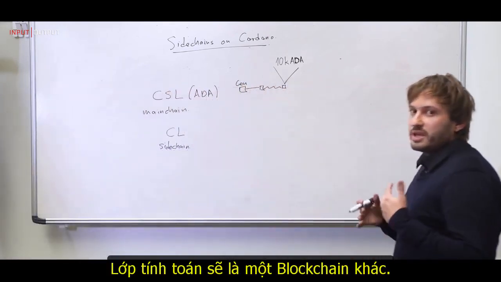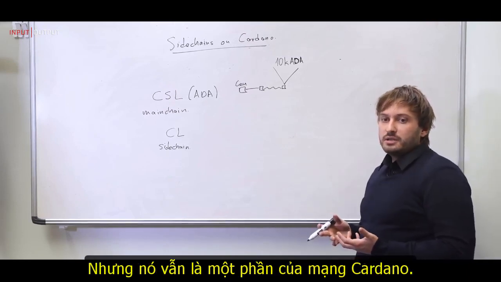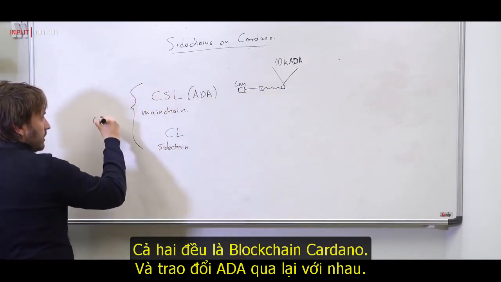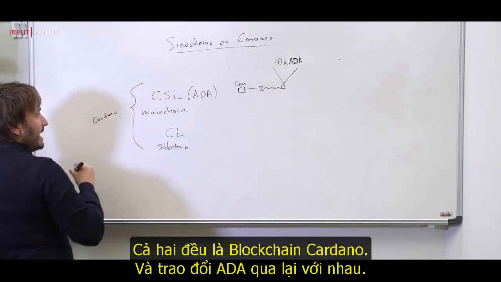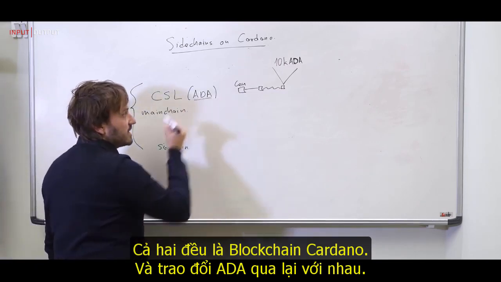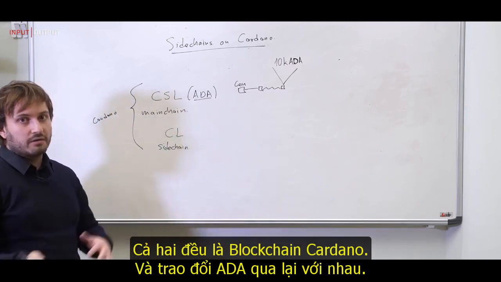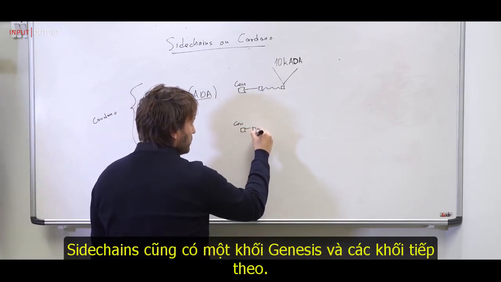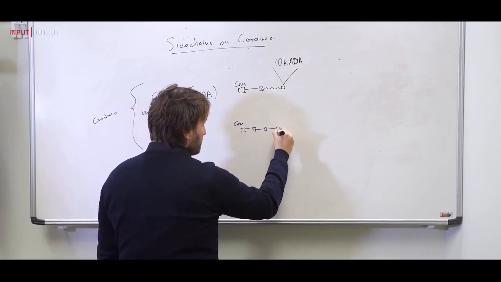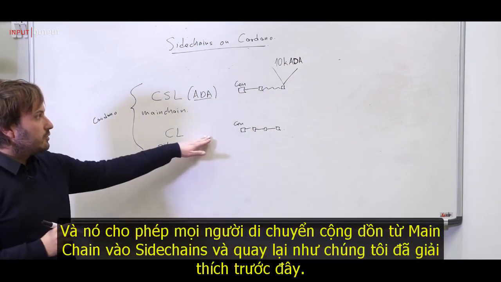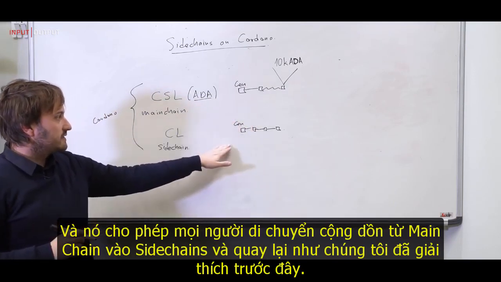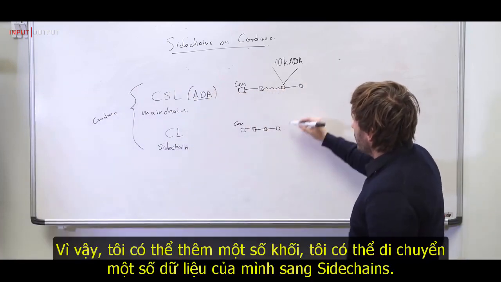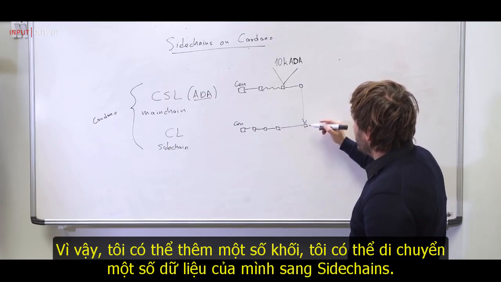The computation layer will be a different blockchain, but it will be part of the Cardano network. So both of these are Cardano blockchains, and both of these maintain the same asset, ADA, which moves back and forth between these chains. So the side chain also has a genesis block and a series of blocks. And it allows people to move ADA from the main chain into the side chain and back, like we explained before. So I can, at some block, move some of my ADA